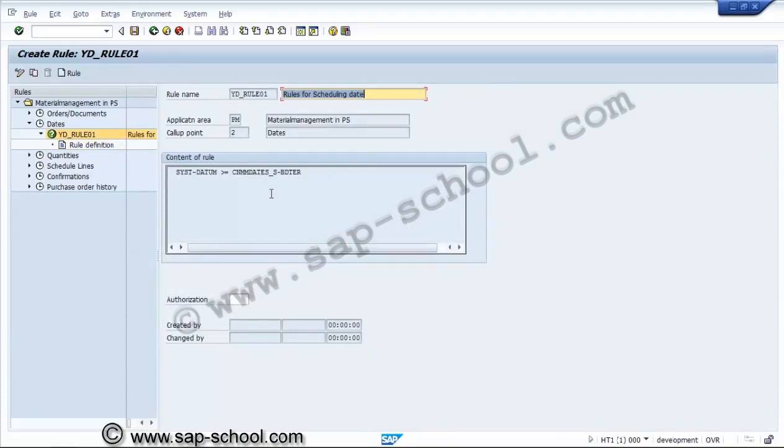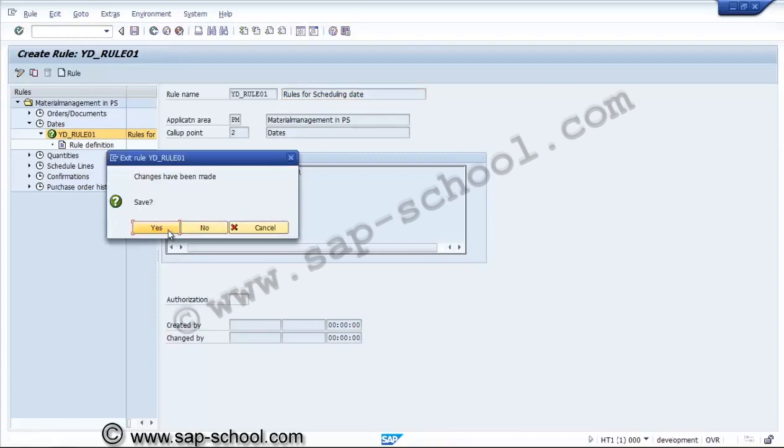Now we are saving this rule. So the current date cannot be greater than the requirement date. That is one rule we are creating.